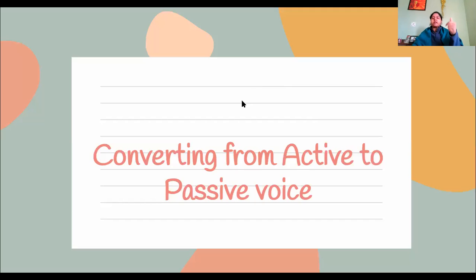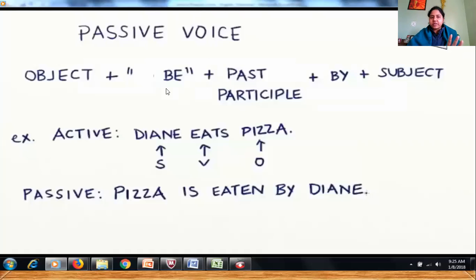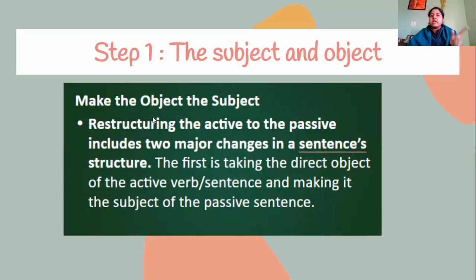ठीक है. So before we begin, let's just revise once what we did in the morning. We were talking about converting from active to passive. बाद में in the next class we are also going to convert from passive to active. But that will happen later on. Right now we are just converting from active to passive voice. This is the general structure of the sentence. Whatever is in active voice, उसका subject हमारा object बन जाएगा और object हमारा subject बन जाएगा. So step 1 is always interchanging the subject and the object.